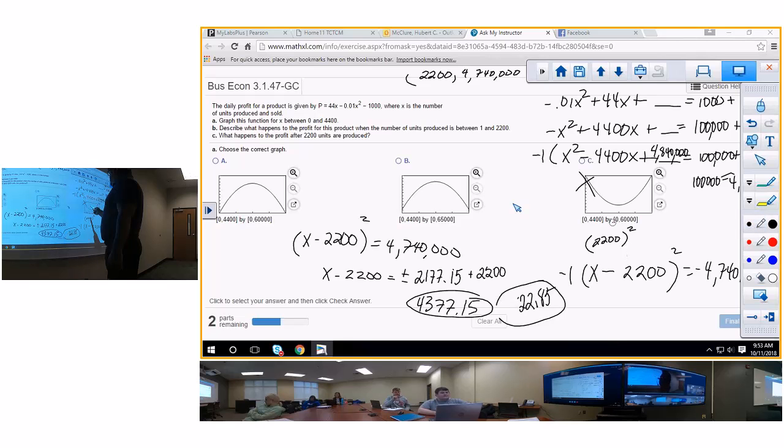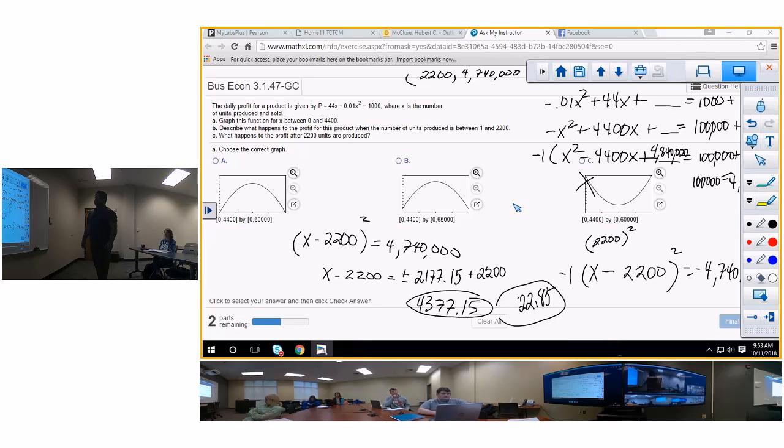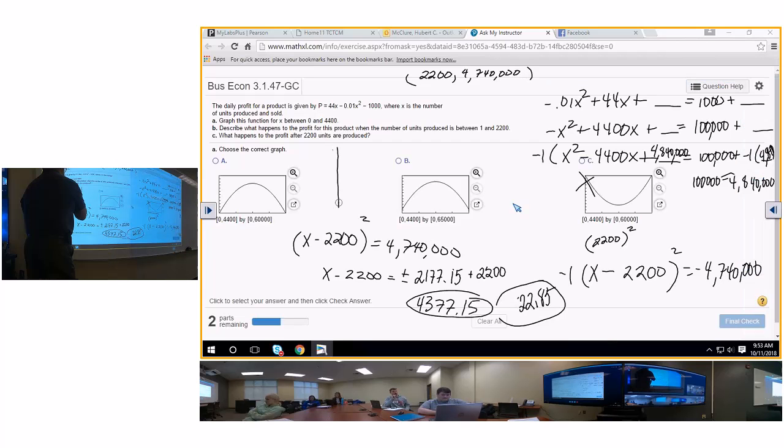Why is this one not the answer? Because it's not crossing the what? The x-axis is a floating graph, so this one has x, so it's either A or B, but I have no idea. So here's my graph, and 2200, let's say that's 2200, and I'm sorry, 4,000,000, be out here, so 2200, way up here, and